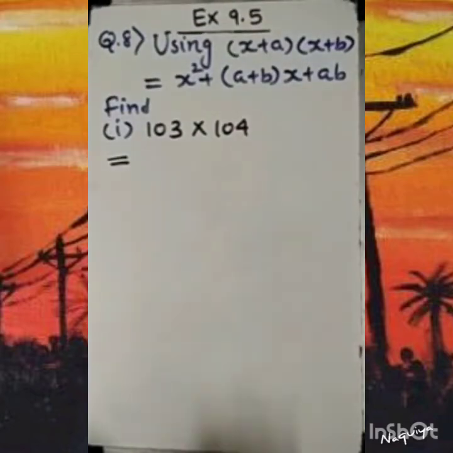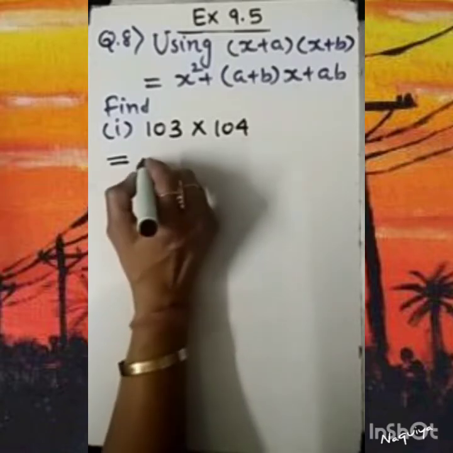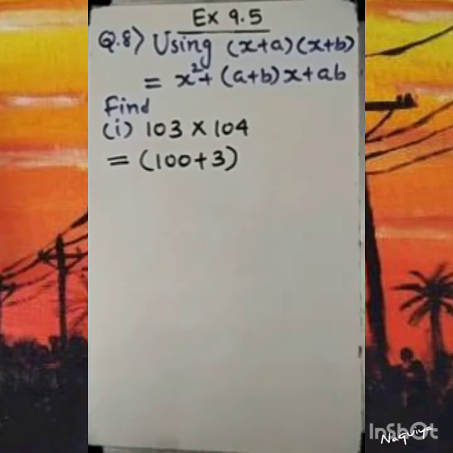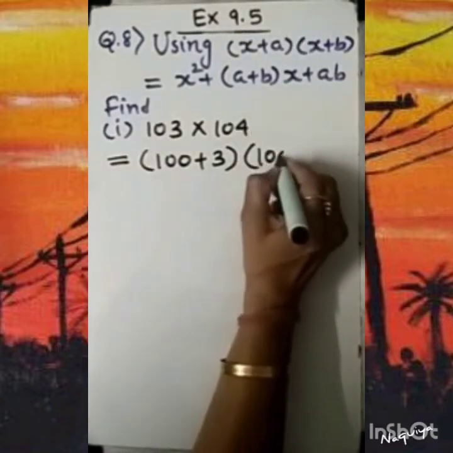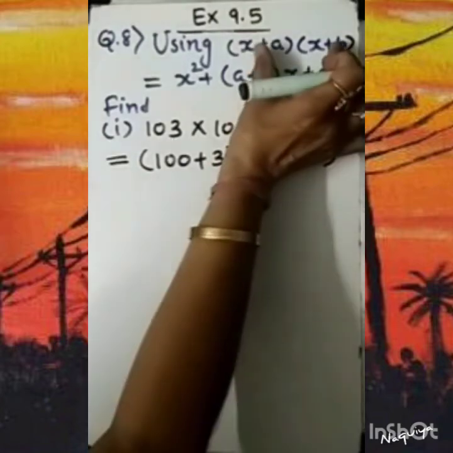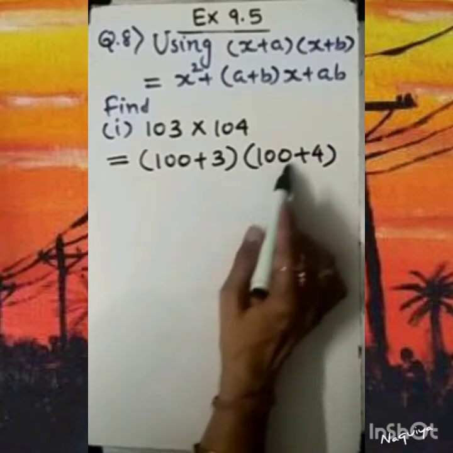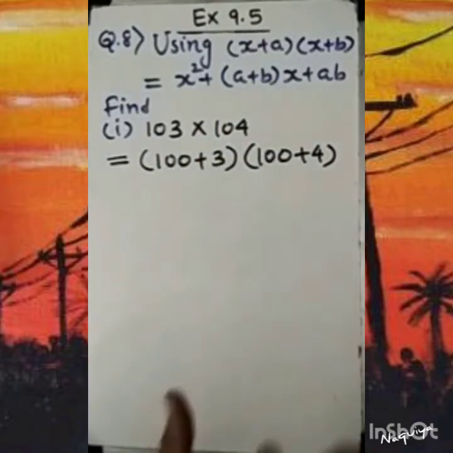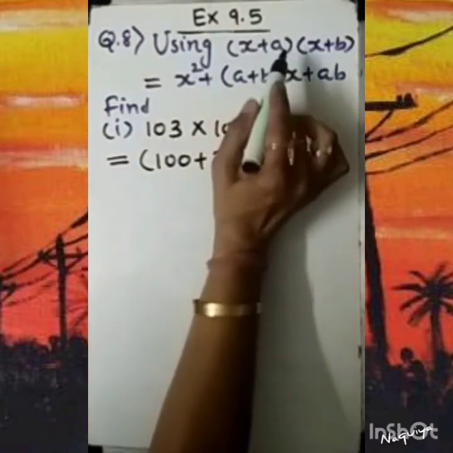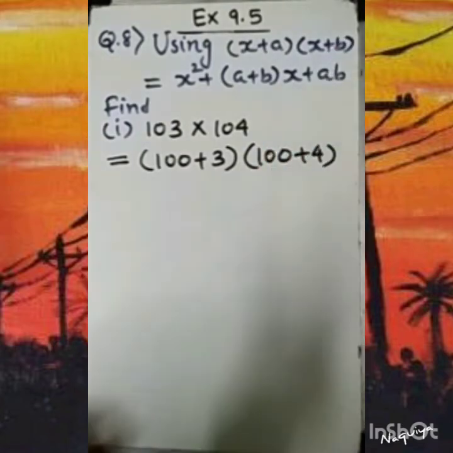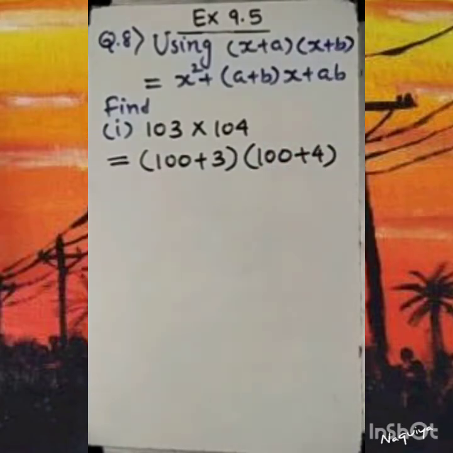Fine. So how to go with that? We know that 103, it's a round off, is 100. So can I write 103 as 100 plus 3, and 104 can be written as 100 plus 4. Now you compare this with this identity. Here you can see first term is similar, that is we are considering x equal to 100. Think about that in your mind and set your mind for a. What we will take a, that is 3, and b we will take 4. For convenience, if you want to write individually, then also you can mention, no problem.